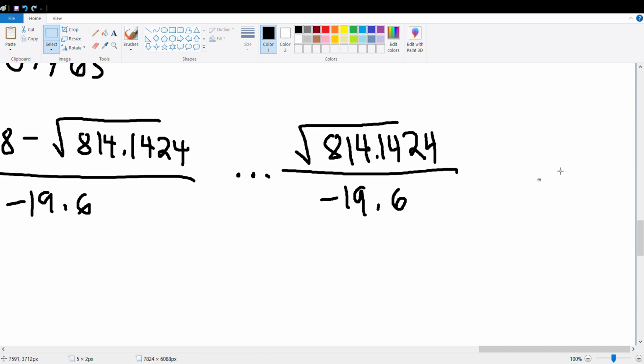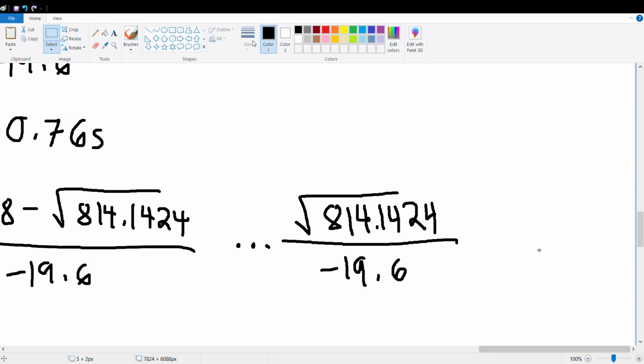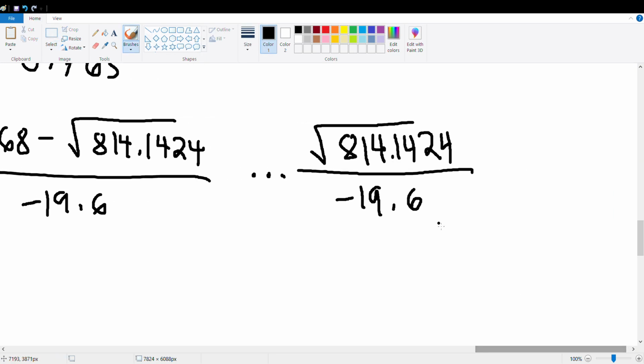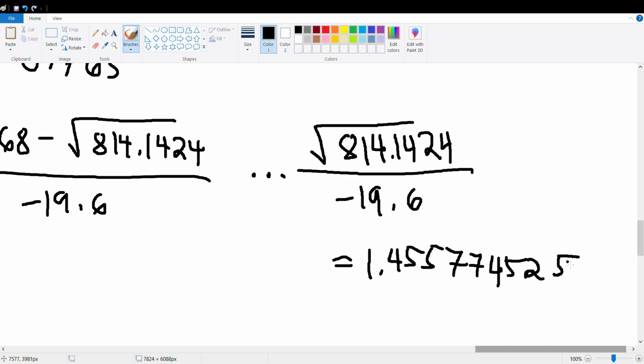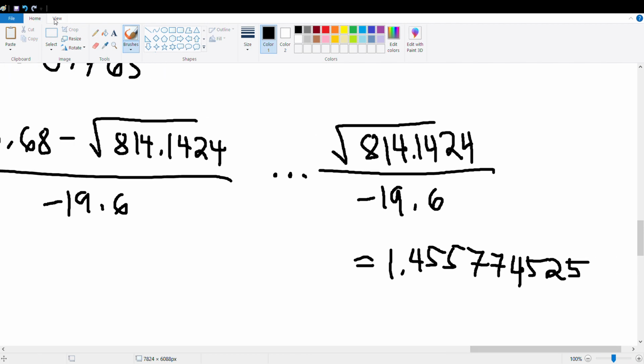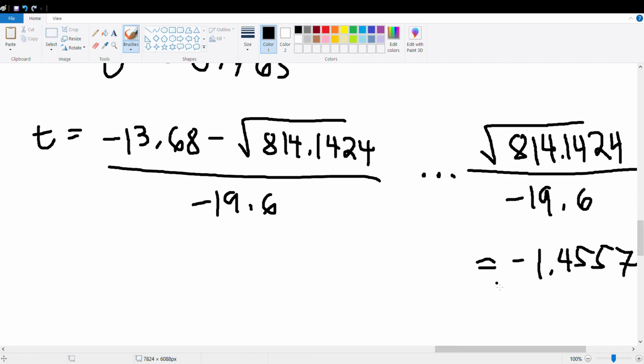Negative 1.455774525. Okay, ignore my horrible handwriting. I'm using a mouse. That's negative actually. It's minus. And then we just add that to,